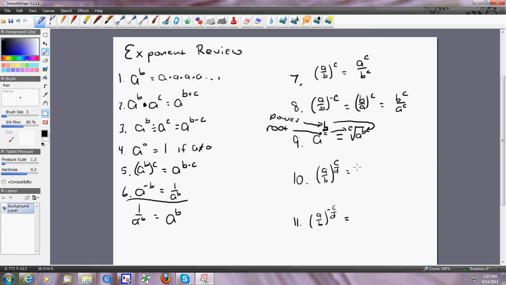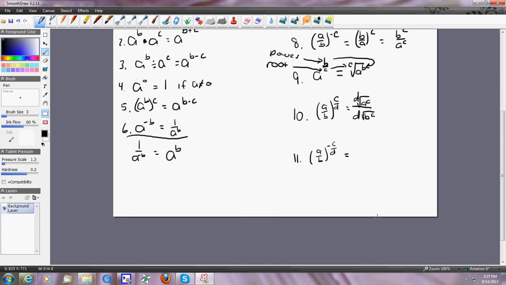Here, we're going to get the D root of A to the C over the D root of B to the C. And this last one is a little tricky. I'm going to skip everything. Remember, the B comes up, the B and the A will swap, making that positive. So I'm going to get